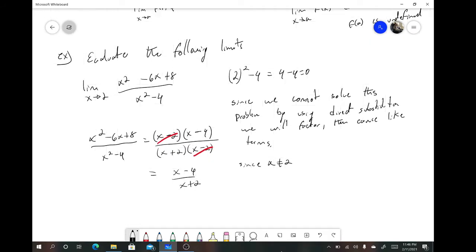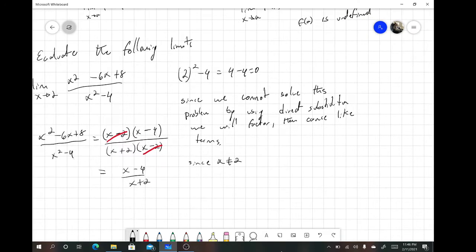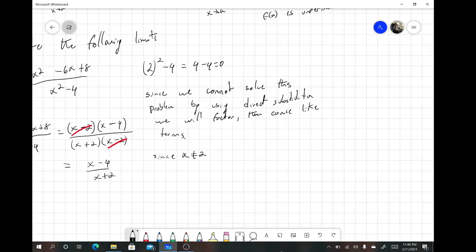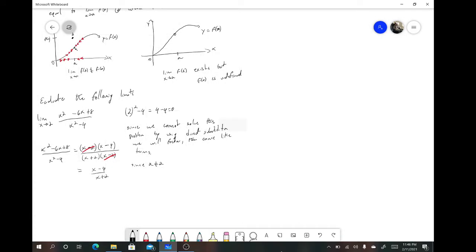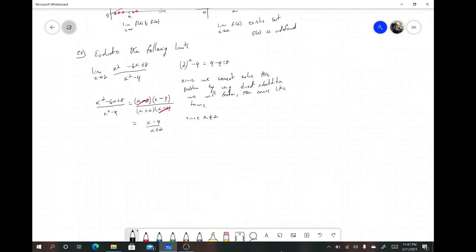And now, continue. Let me try to continue on this side. Zoom out a little bit. Now,